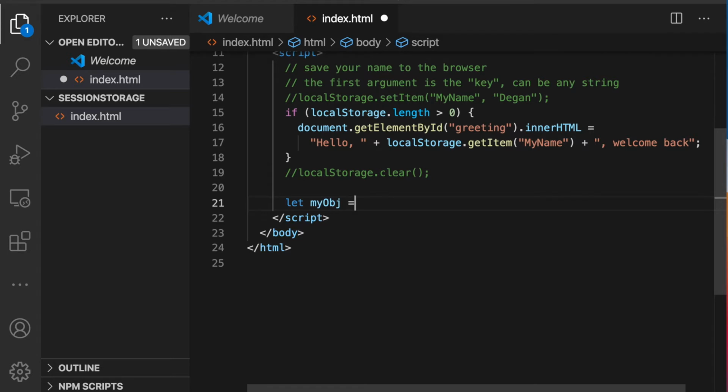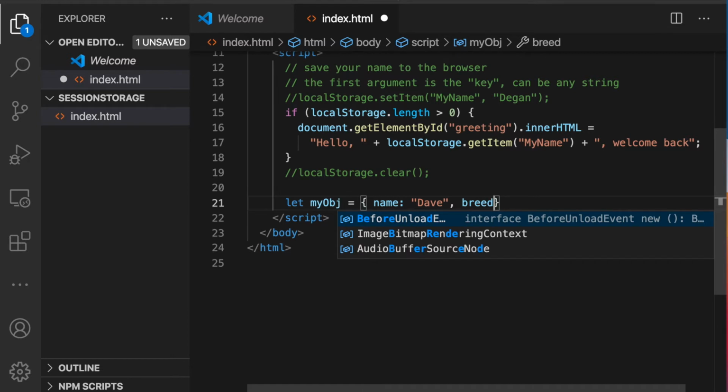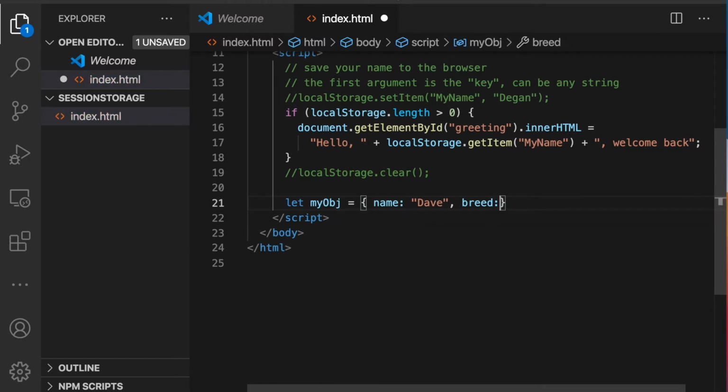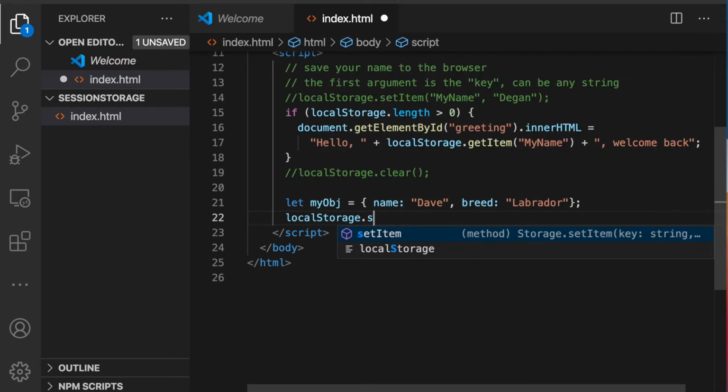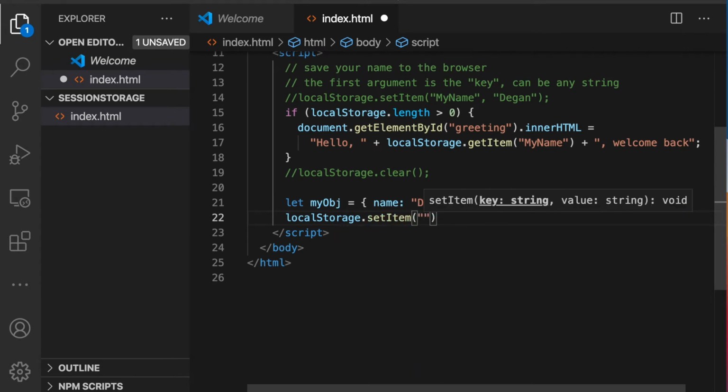So I'll say let myObject equal curly brace, and this will be for an animal. I'll say name: Dave, breed: Labrador. It's a great dog. I used to have one of those. Okay, and now I'll say localStorage.setItem, and I'll say dog for the key, and then I